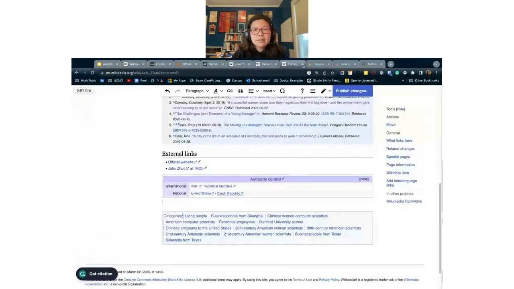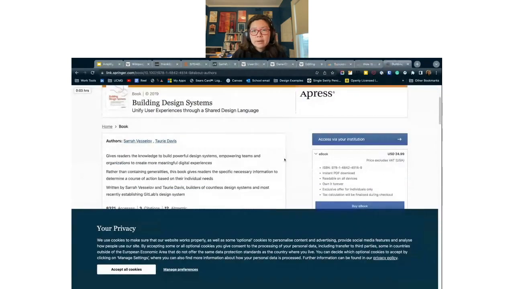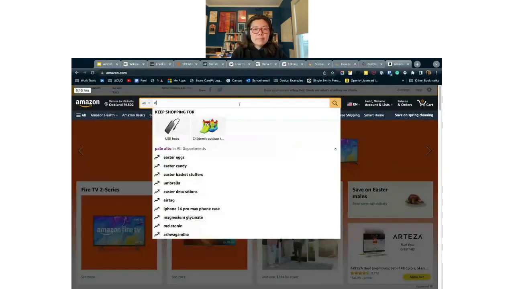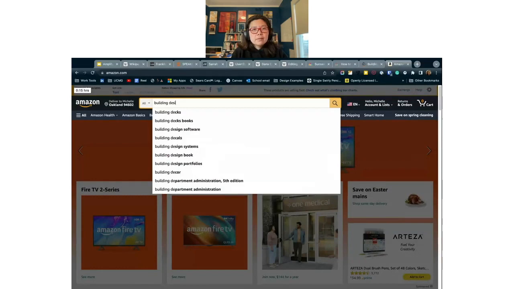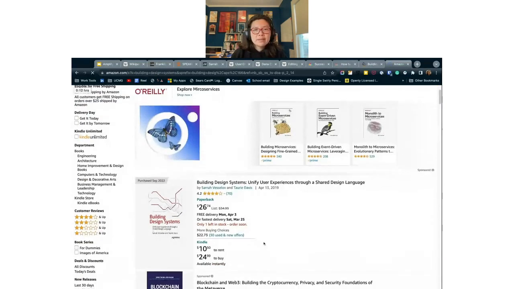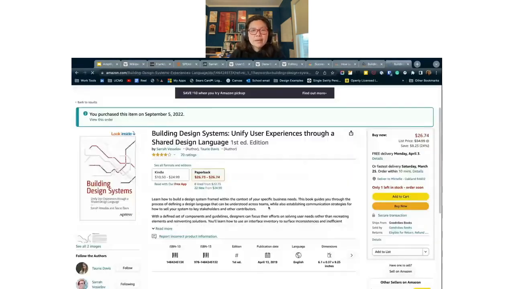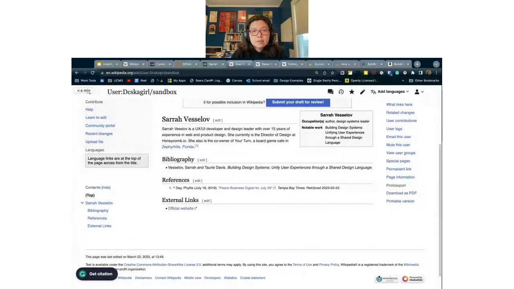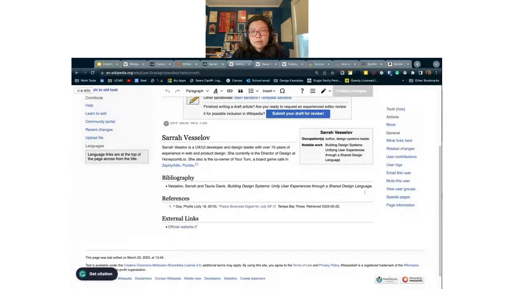So I'll close this out. Let's see. In her book, there's an ISBN number. You can also use Amazon. It's a trusted source in the way that you can get book data from it, versus grabbing information from reviews. So from here you might say, okay, the ISBN number is this. So for Sarah's page, I can put in bibliography, and just add to this. ISBN.